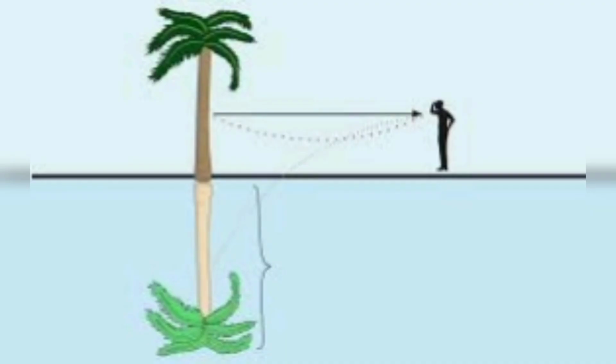A mirage is a naturally occurring optical phenomenon that causes the viewer to see an image of an object or scene that is not actually there. It is caused by the bending of light rays passing through air layers of different temperatures and densities, which creates an image that appears to be a reflection of a distant object or a pool of water on a hot flat surface. The phenomenon is commonly observed in arid areas, particularly during the hottest parts of the day.